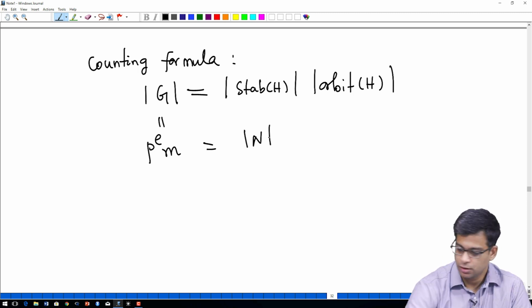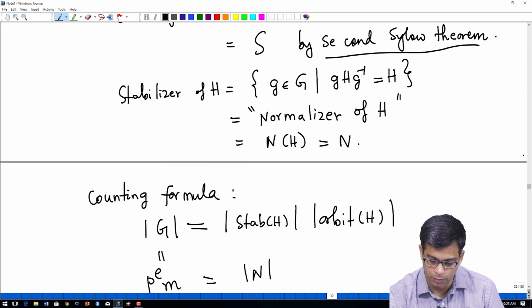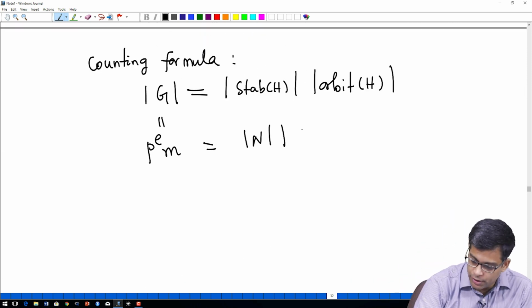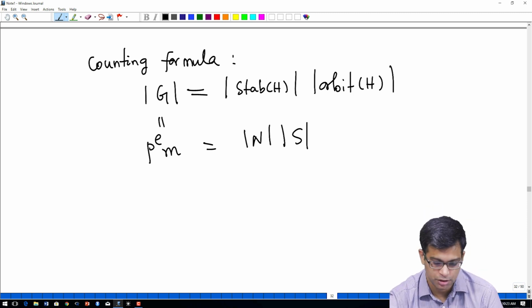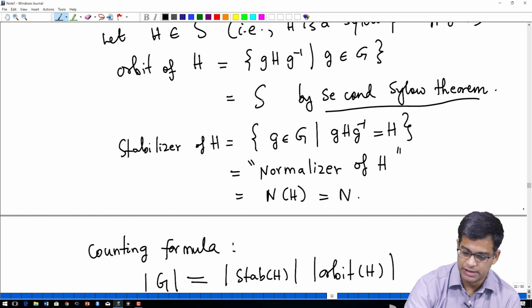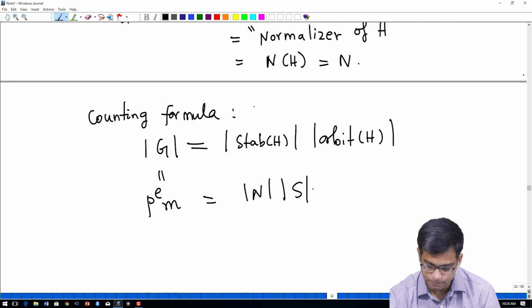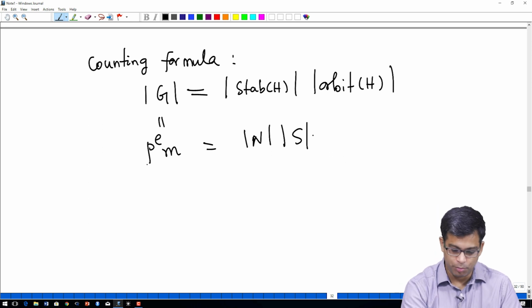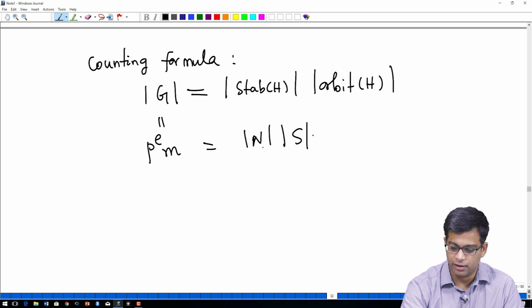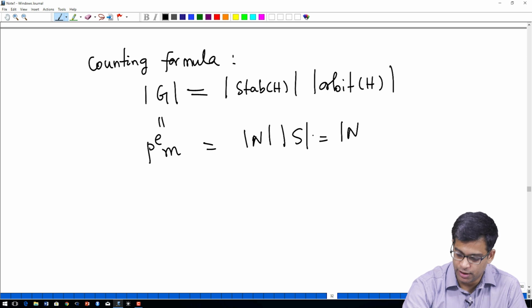This is the order of N. N is my notation for the normalizer, and the orbit of H is S, right. The orbit of H, by the second Sylow theorem, is all of S. So, p power e times m is equal to capital N times capital S. So, capital N order times,